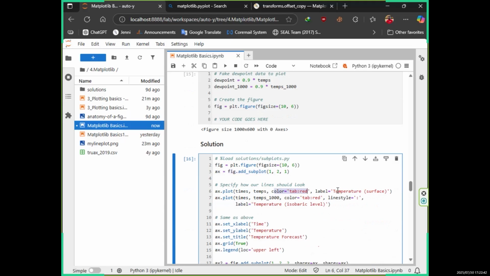Color will be red, and the label of the axis will be temperature at surface, and then temperature at 1000 millibar level is in red. Line style will be this time not dash. This time it will be two dots, and then